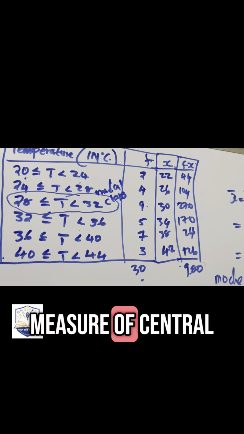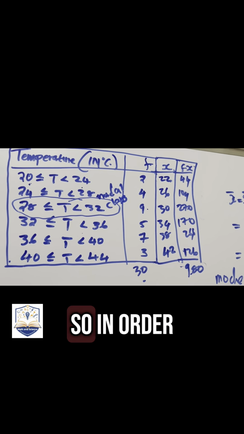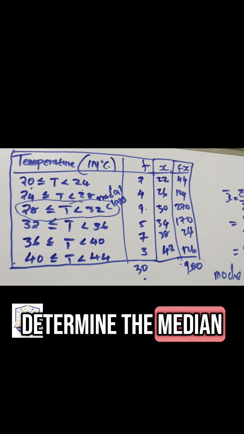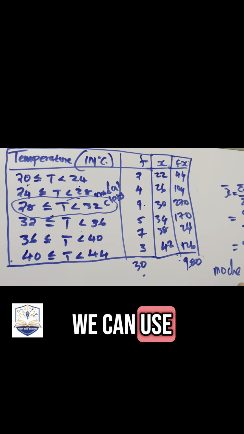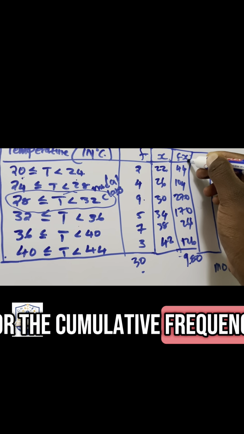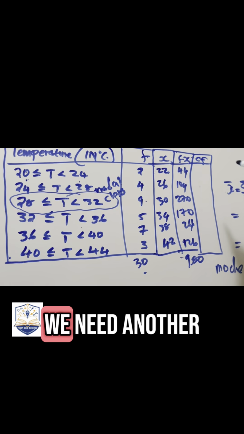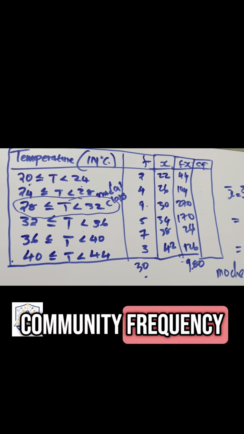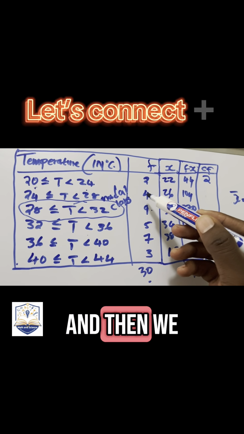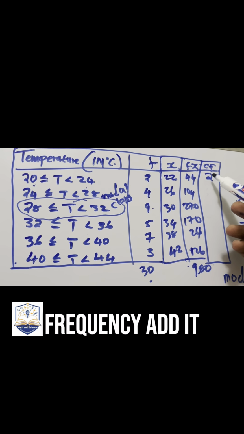So the last measure of central tendency is the median. In order for us to determine the median, we have to use the formula, and we also need another column for the cumulative frequency. How do we get the cumulative frequency? We take the first frequency and put it as it is, and then we take the second frequency and add it with the